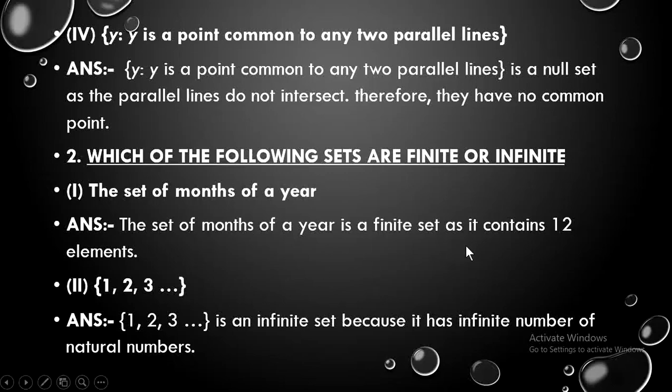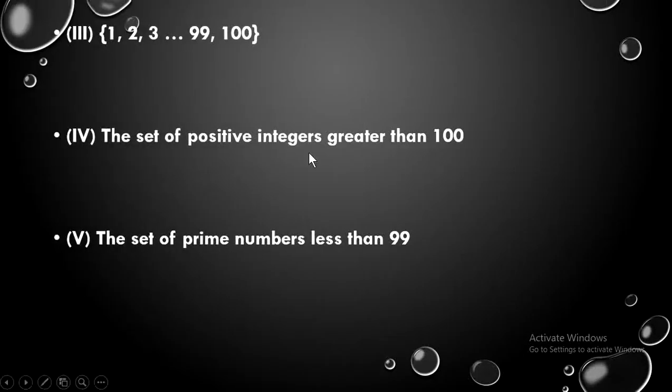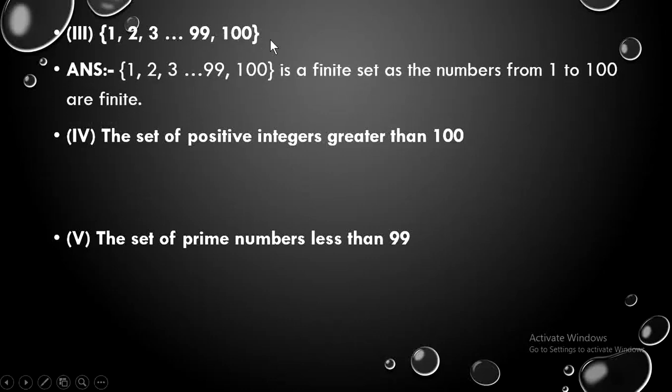Right? Then next one. We have here, you see 1, 2, 3, then the dots go on, but then there's an ending to this set, that is 100. So this again is a finite set because you know that the numbers in the set are from 1 to 100. There is a definite number. It's not like in the last one where we have kept dots which is never ending. So there's a definite ending over here and that is why it is a finite set.